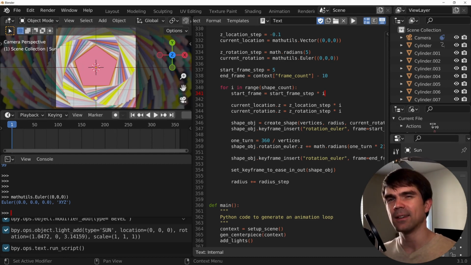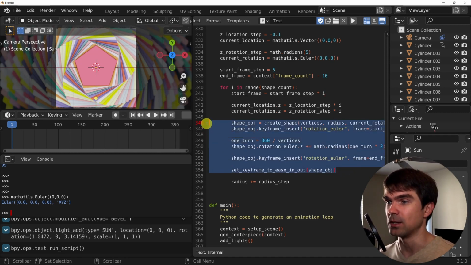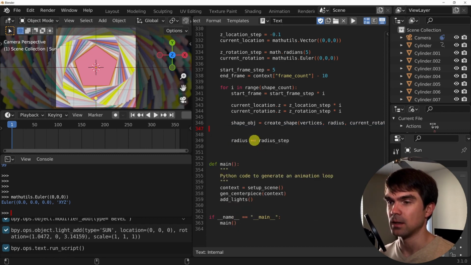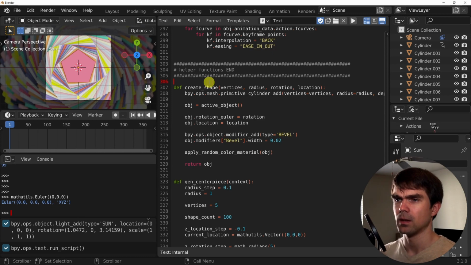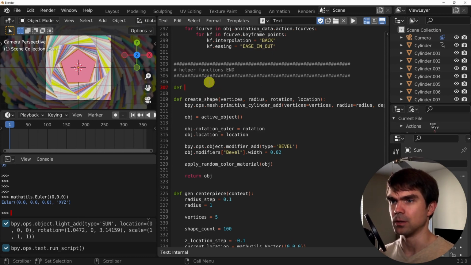All right, now let's keep our code nicely organized, and let's just create a new function that's going to animate our shape. So I'm just going to move this right here. Create a new function, animate shape, right?